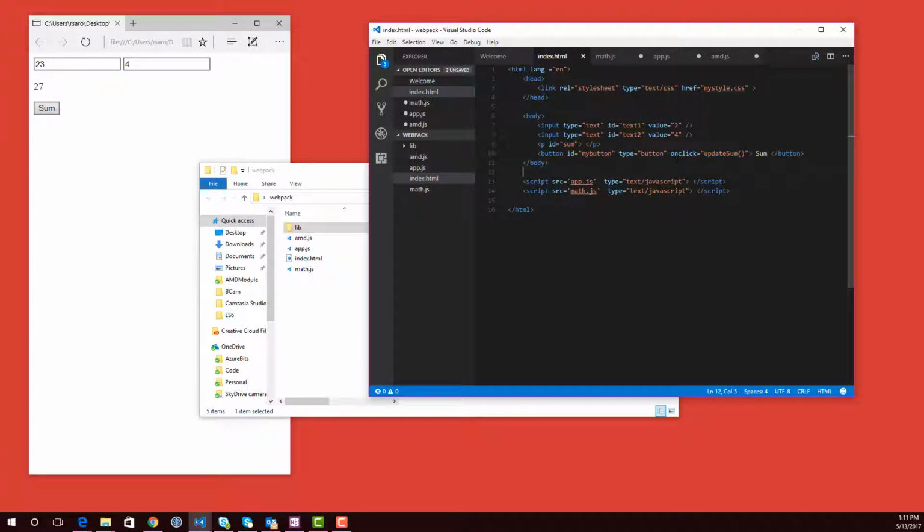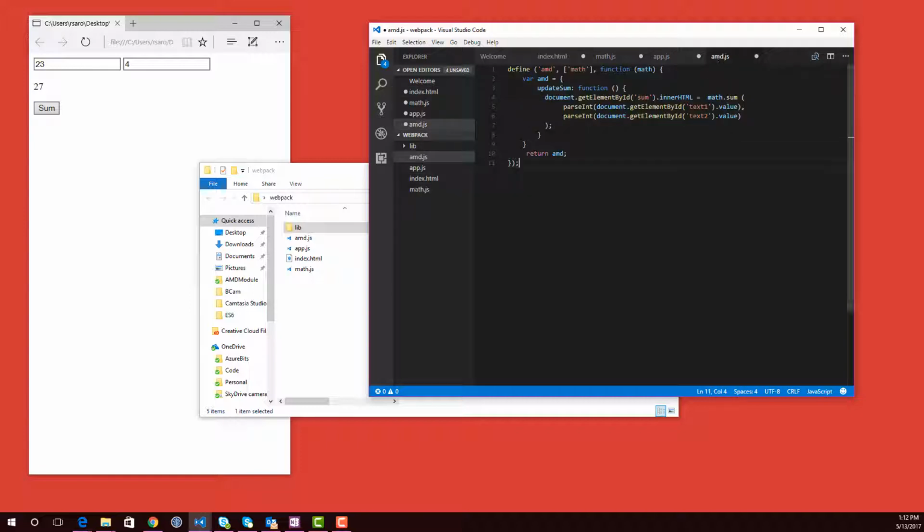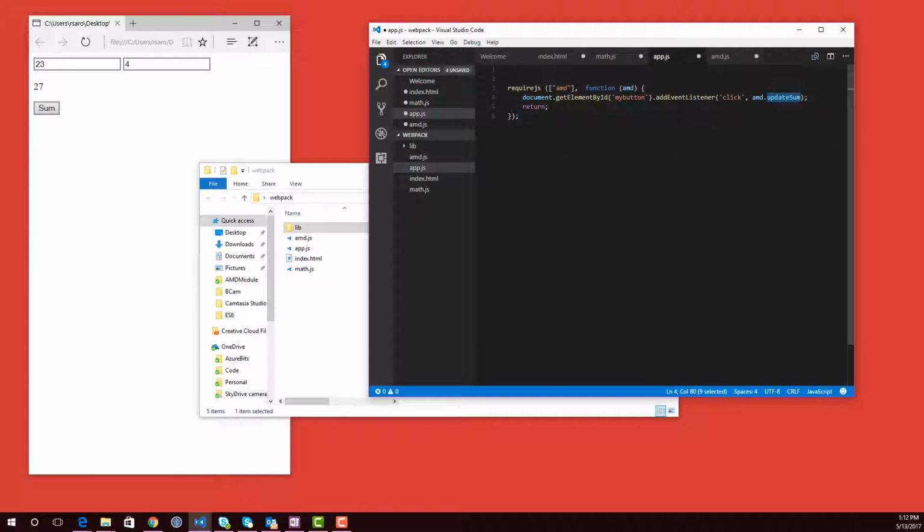So that's why we will remove this from here and wire this event with the method using the require thing here, require.js, and you can see